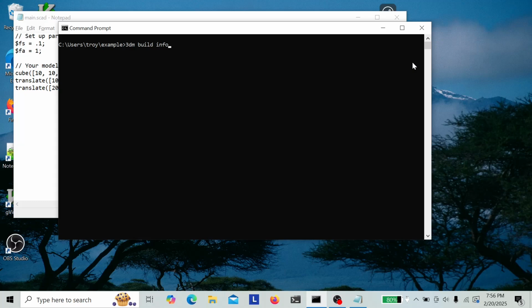You can do it in 2 separate commands, or you can put multiple commands together. So in this case, if we do 3DM build info, it will build it, which might take a second, and then it will give us an AI description. Building, examining, mesh size: x equals 30.00, y equals 10.00, z equals 30.00. AI description: